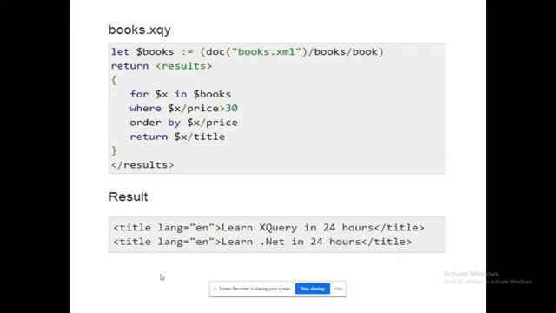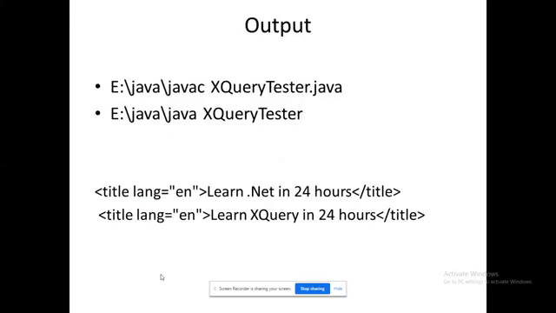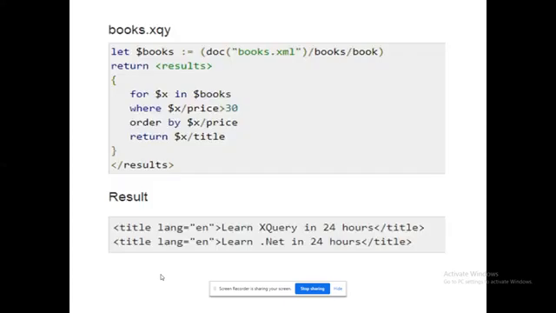So here I am executing the Java program. What is the result I am ready to retrieve? Same result, but what I have used is order by. Order by means it is ready to sort. See, in the previous output, it came as it is, .NET, Xcode. But now it has sorted. How has it sorted? Order by price. Xcode is $50, .NET is $40. That is the reason why it came in that way.